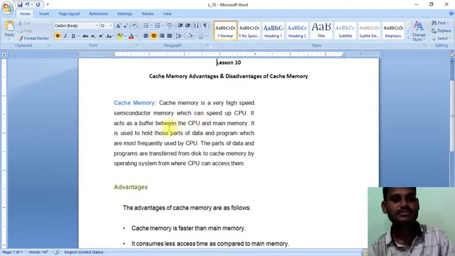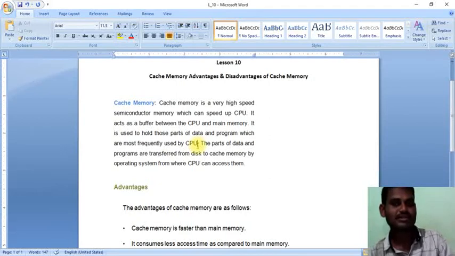Also, cache memory is used to hold those parts of the data and programs which are most frequently used by the CPU. I would like to give one example here. When we are searching for many different things on Google, check your recent files.